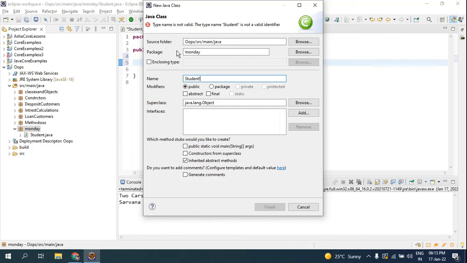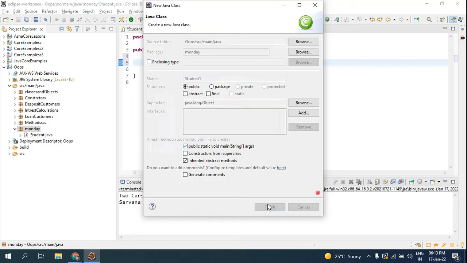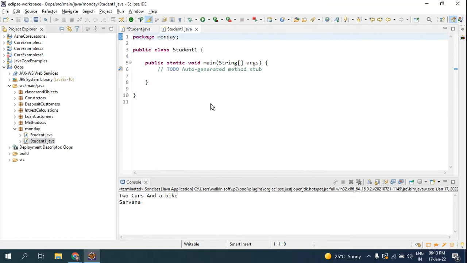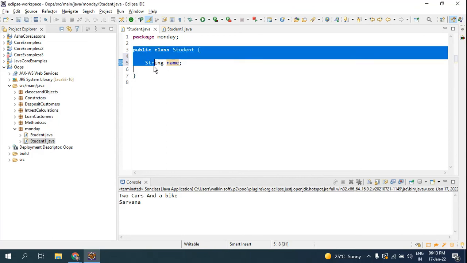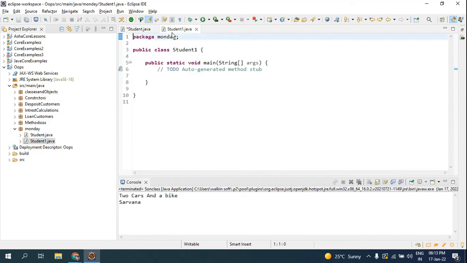Student1, and here I'm going to have a main method. As I said before, this is the attribute that we are having here, we call it an attribute. And if I have to access this attribute, I have to create the object.